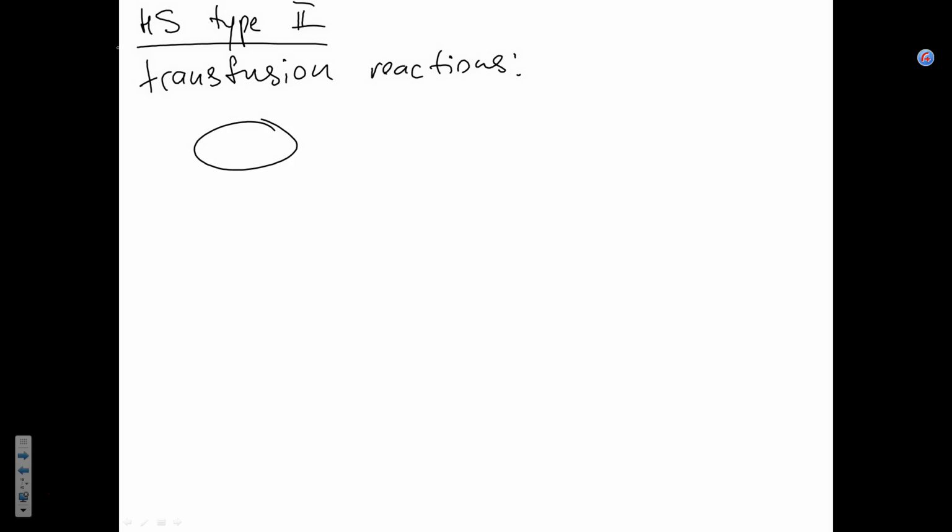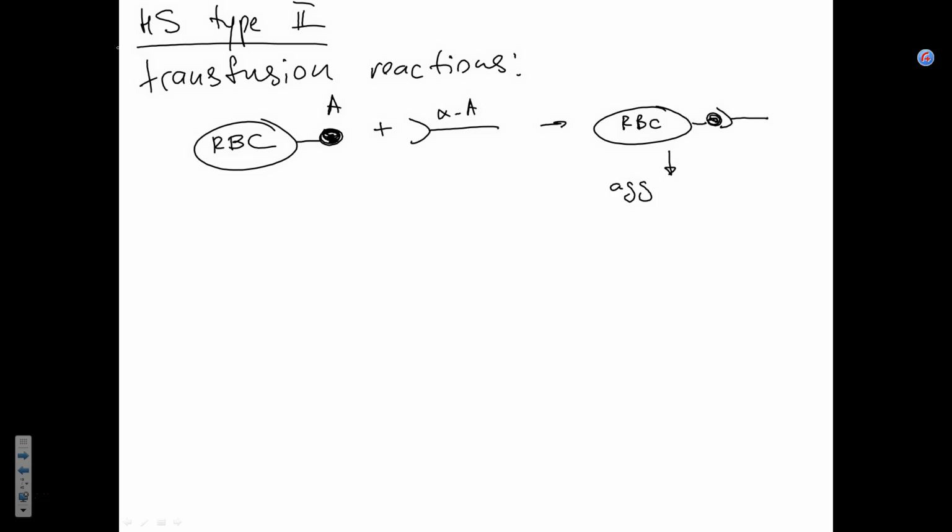Transfusion reactions, quick reminder. You have a red blood cell with, say, the A antigen on its surface. If you pour it into somebody with blood type B, which type of antibodies is this person going to have? A, right, anti-A. So you have anti-A antibodies. The antibody binds to the antigen, and you get agglutination of cells,